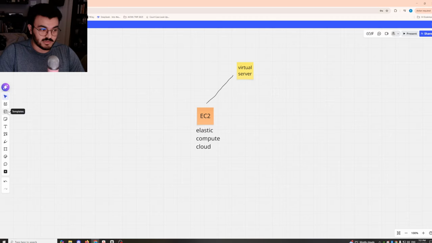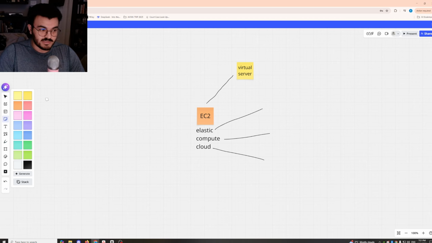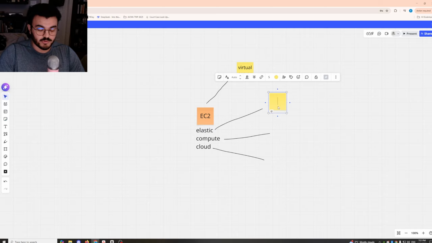Now, the elastic component is basically referring to the fact that you can scale the servers up and down elastically, meaning that the servers can react to demand. So, demand-based scaling.